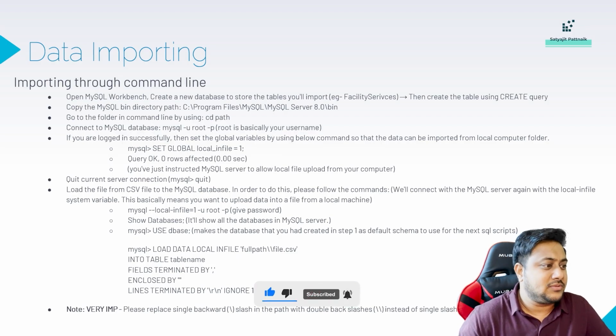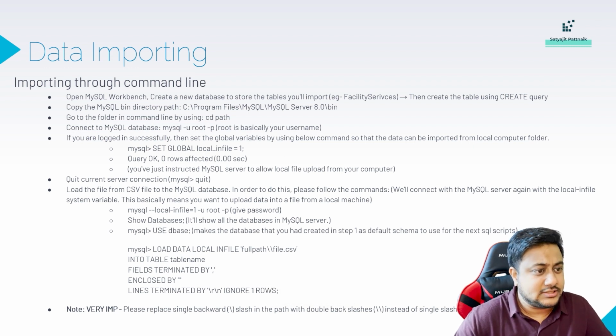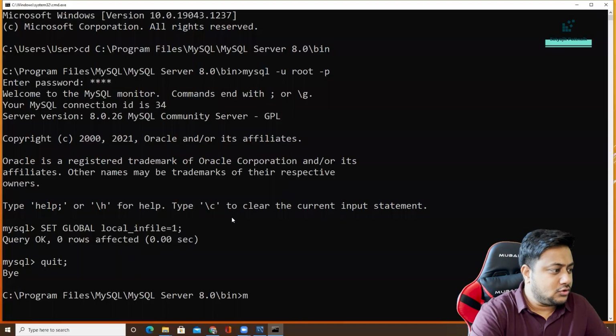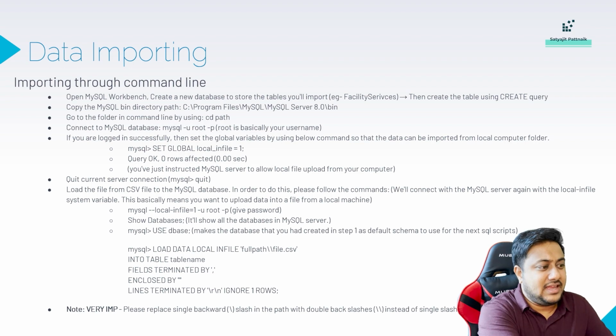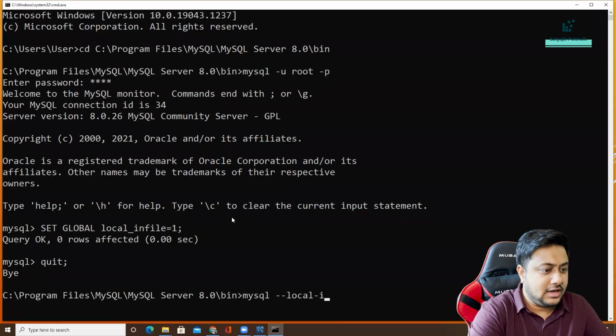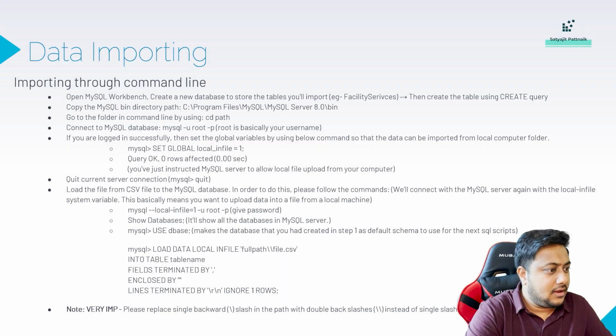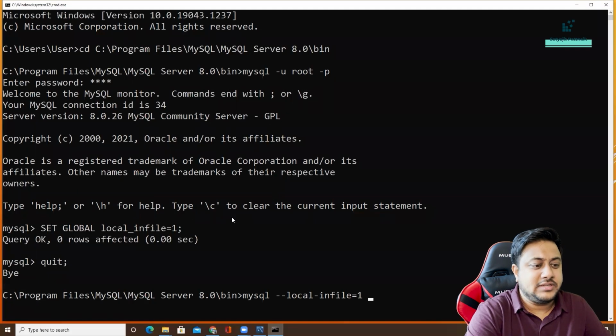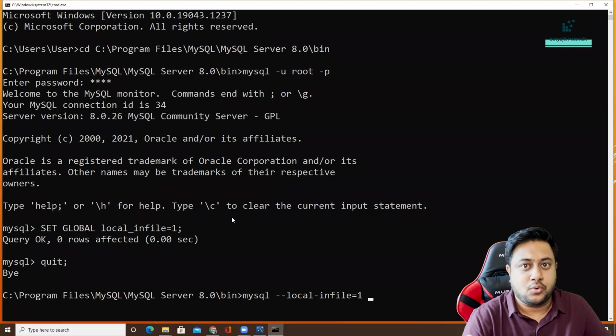Load the file from CSV file to the MySQL database. In order to do this, please follow the following commands. We will connect with the MySQL server again with the local_infile system variable. So again, I will use mysql. You can see --local_infile=1. That means in local_infile 1 mode, I'm going to use my username and then I'll pass